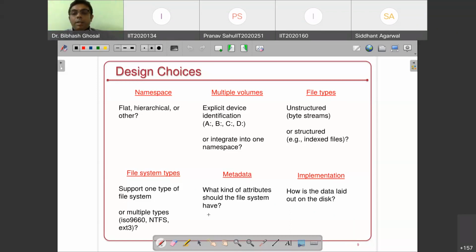Okay. Now we understand that these are the terminologies, and now comes the question: if you have to design a file system, what are your design choices? What should you keep in mind when you are planning to have a file system? First,